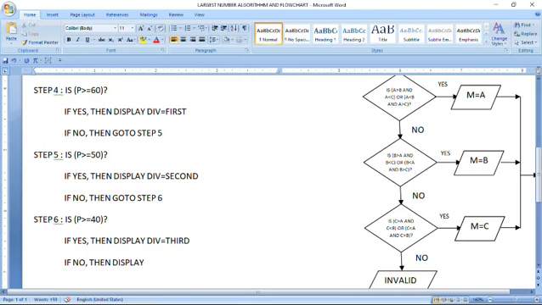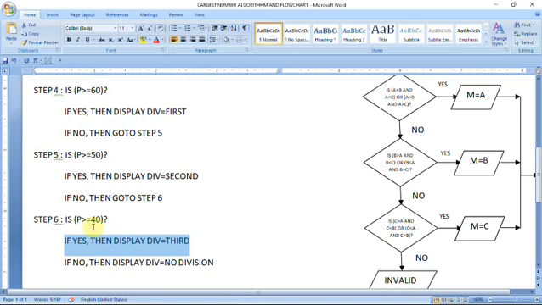Also you can write go to another step, that is also correct, or directly you can write display DIV equal to no division. Because if this condition is tested true, here you have to understand, then this statement will be executed. If yes, then display DIV equal to third. And this is our last point here.